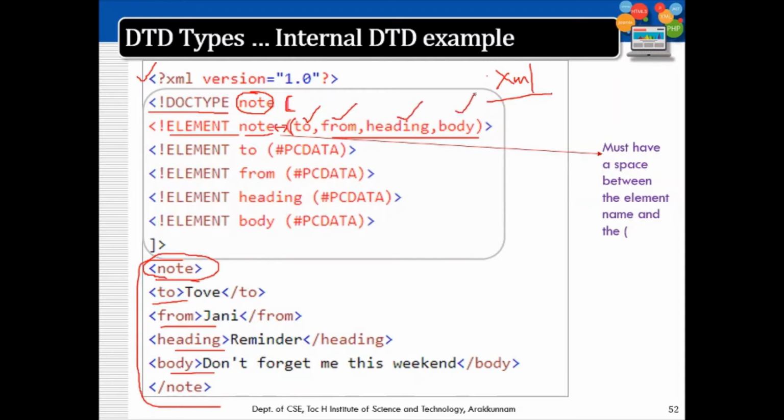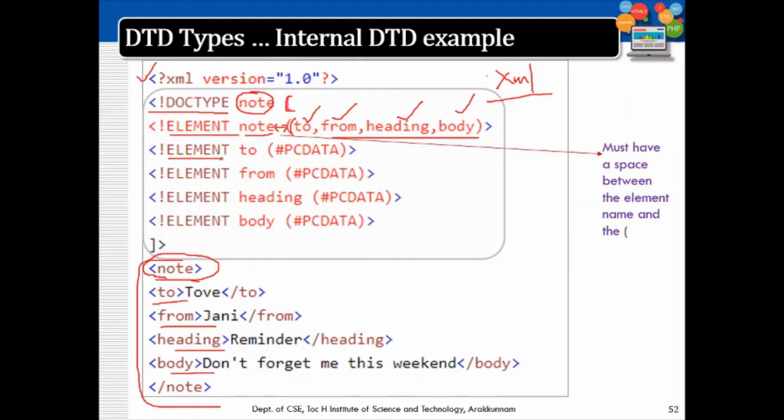This means this particular XML must have a note element as the root, and that root should contain to, from, heading, body tags within it in the given order. The order is important.